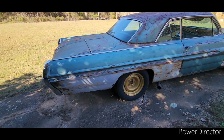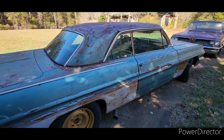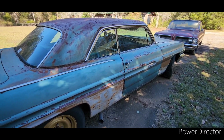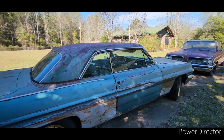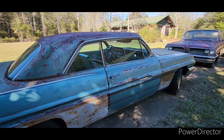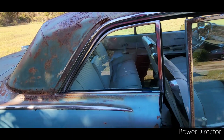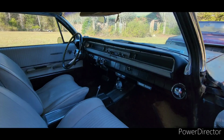It needs a patch panel in the quarter. It needs a little spot fixed in the door. But overall, it's a very honest car. It's kind of got the patinaed look going on here. I believe that was someone's idea of what they were trying to do, but I'm not going to spend a whole lot of time on the video here, but I just want to kind of show you the car, kind of what